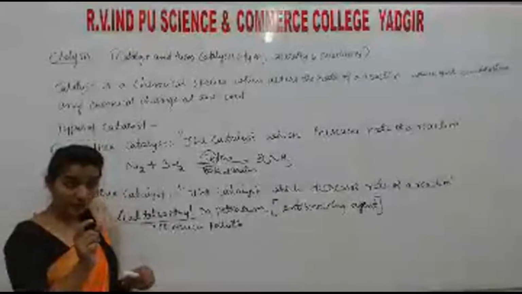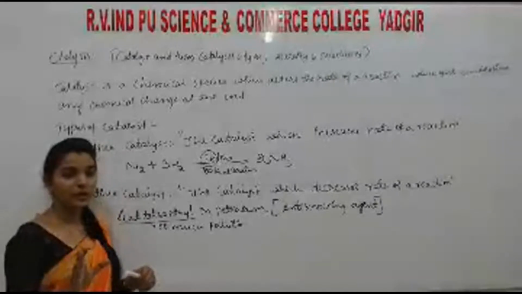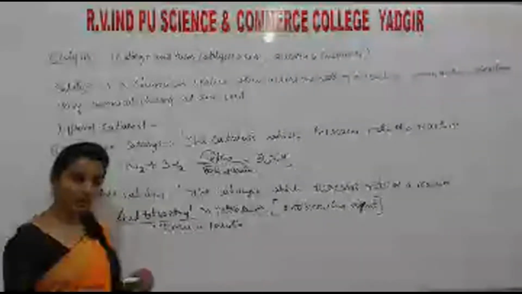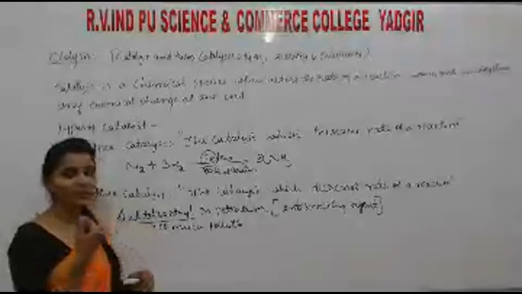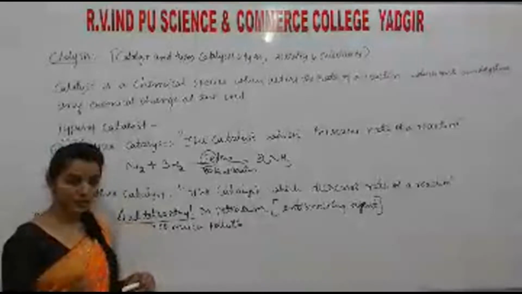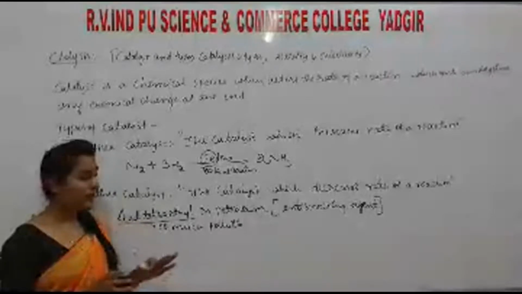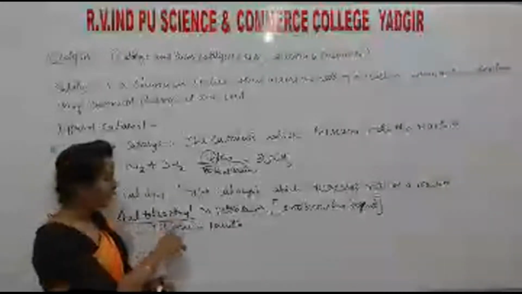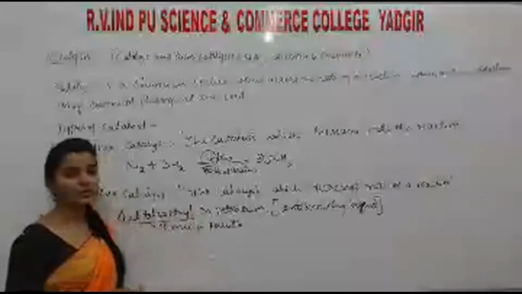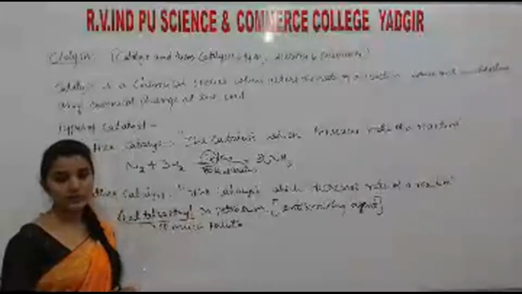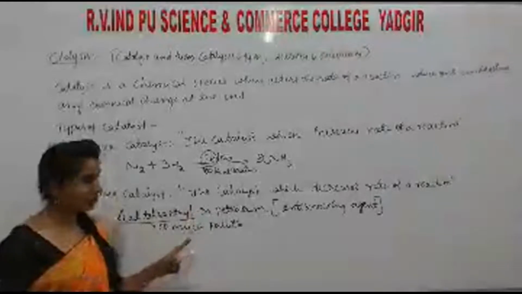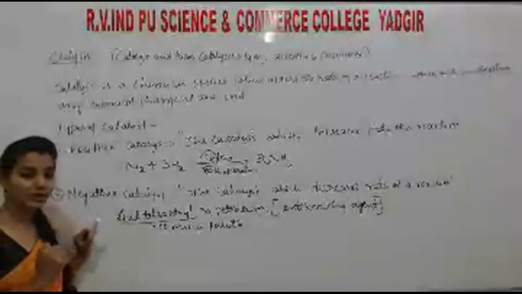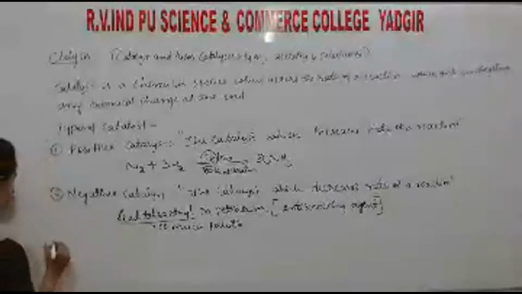If it is somewhat white in color, as I hope you have observed in vehicles, then it is carbon dioxide. If the exhaust gas is black, the gas liberated is carbon monoxide. So this lead tetraethyl decreases combustion, meaning the production of CO increases rather than CO2. That's why it is not used. So this is a negative catalyst for the combustion reaction. Okay, so the next, the third one, is